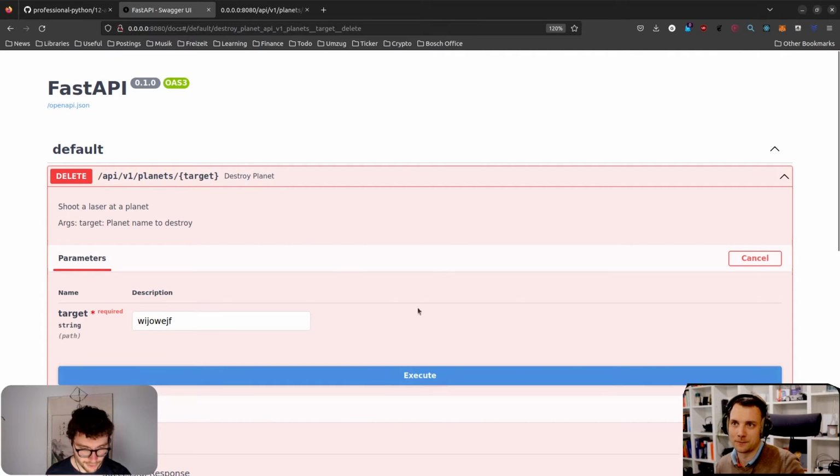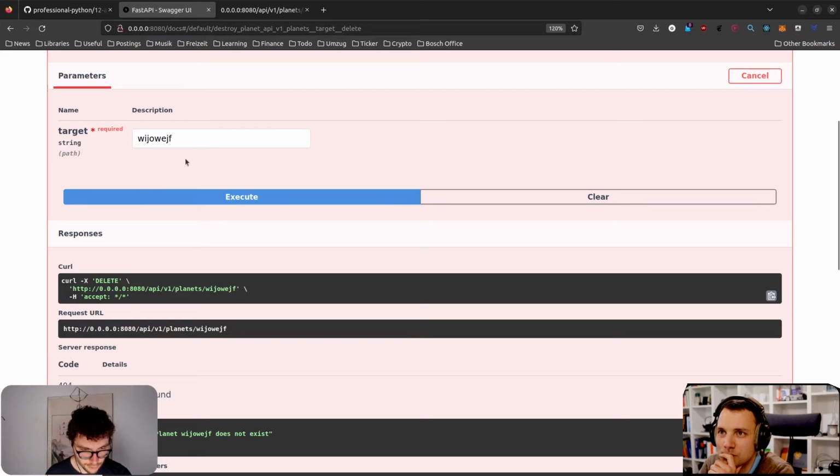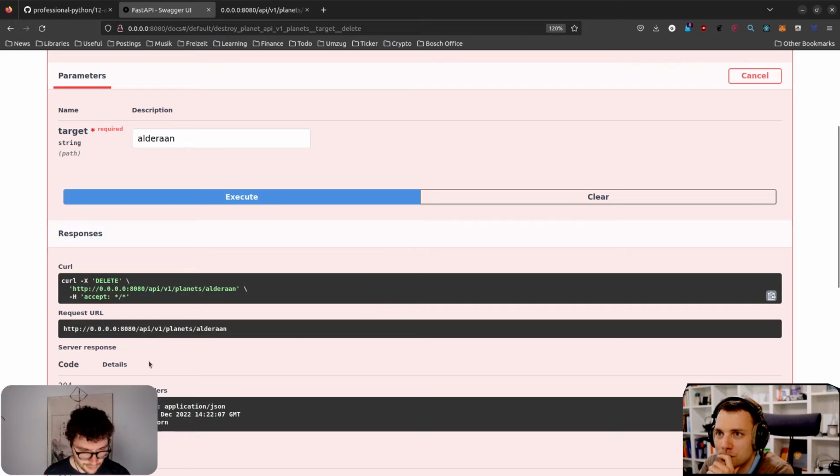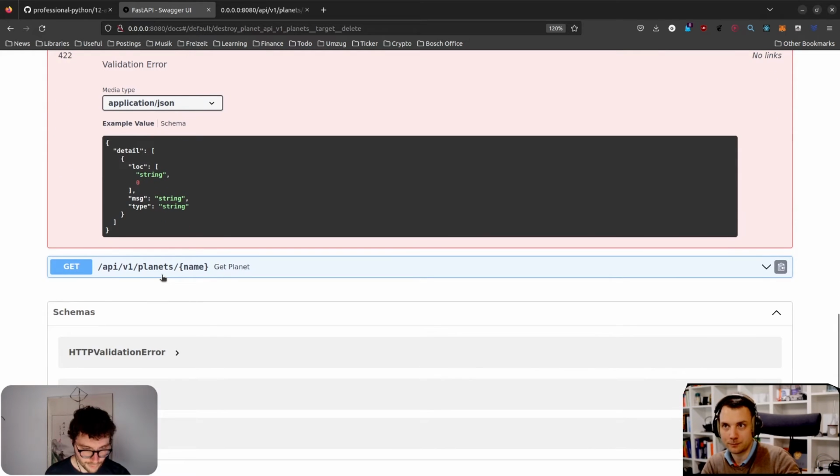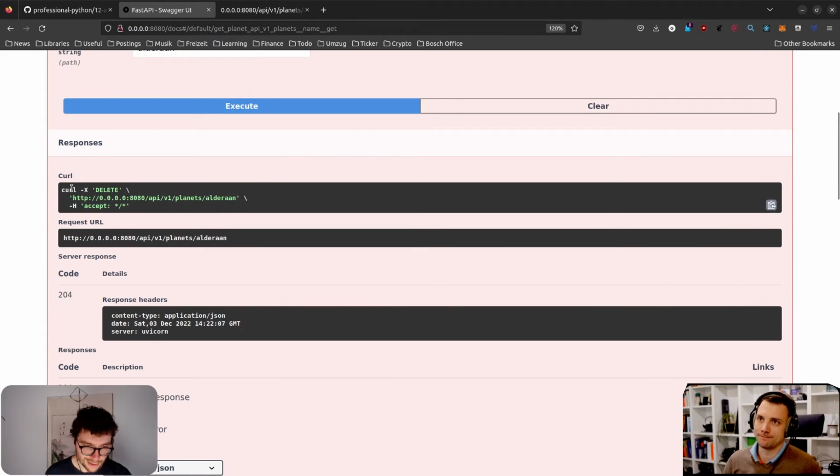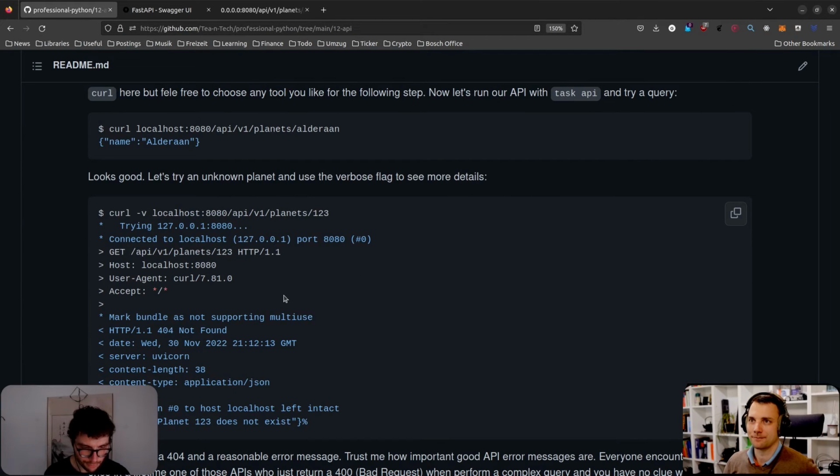But I can use this one here, of course, to try deleting. Once again I type in something which doesn't exist. I get a 404, and then I can do this, and then I get back a 204. That's it. But here the request URL cannot be used in the browser to execute a delete command, right? Nope, no chance. But what you can always do is a curl request. I wrote that further down in the tutorial, but curl is really your best friend because it's everywhere. So if you test anything, usually do it through a curl command on your system.